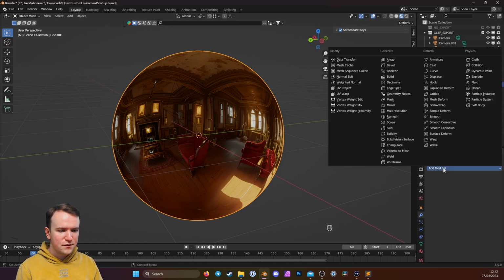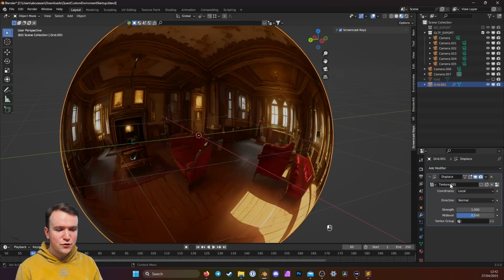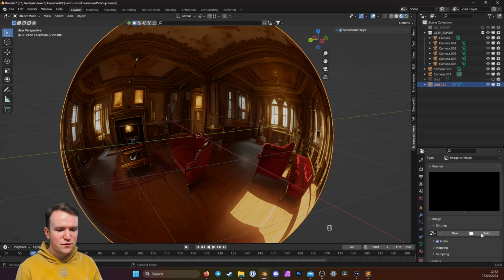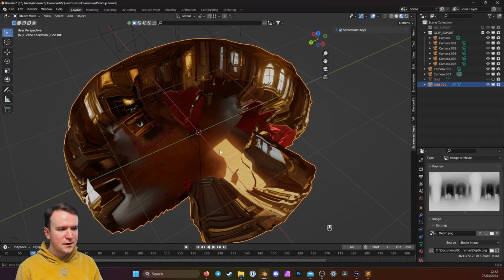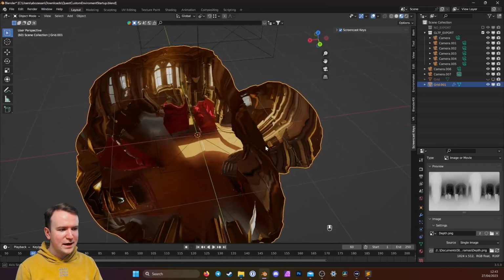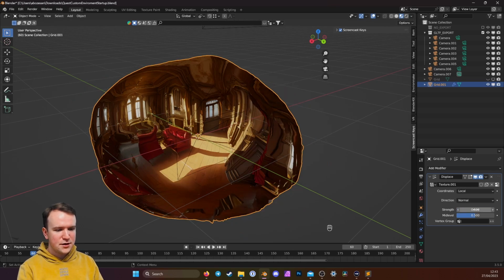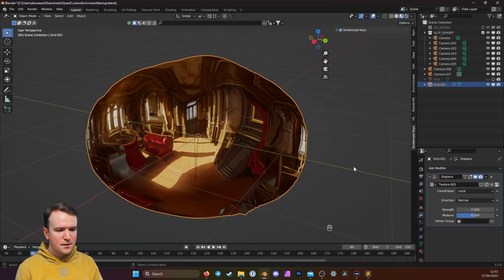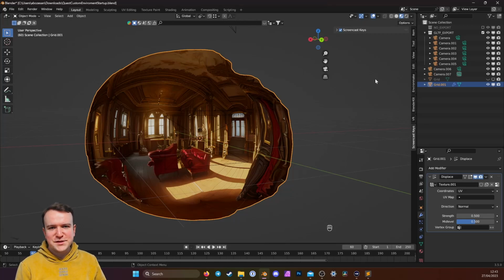So we go into Modifiers, Add Modifier, Displace, add a new texture, click into the settings of that texture, type Image or Movie, hit Open, and we load the depth into there. And now you'll see it will have added your depth map. Now this is way too much, so you're going to have to turn the strength down, set it to 0.5 for example, and it's a little better now, but the coordinates are still wrong. So set those coordinates to UV, and now you'll see it's actually on the furniture where we need it to be.